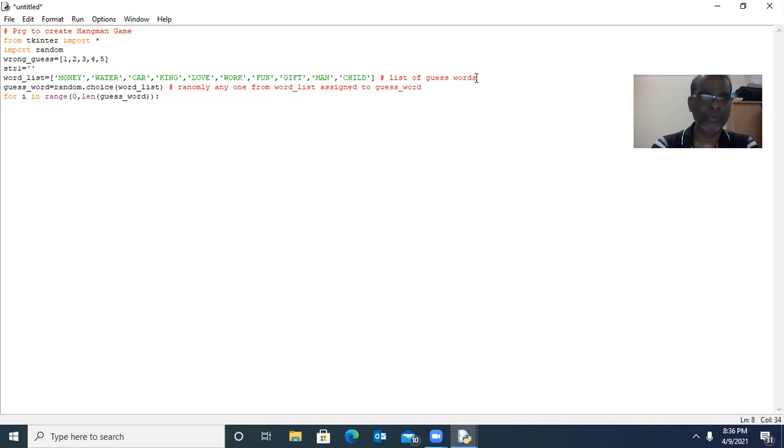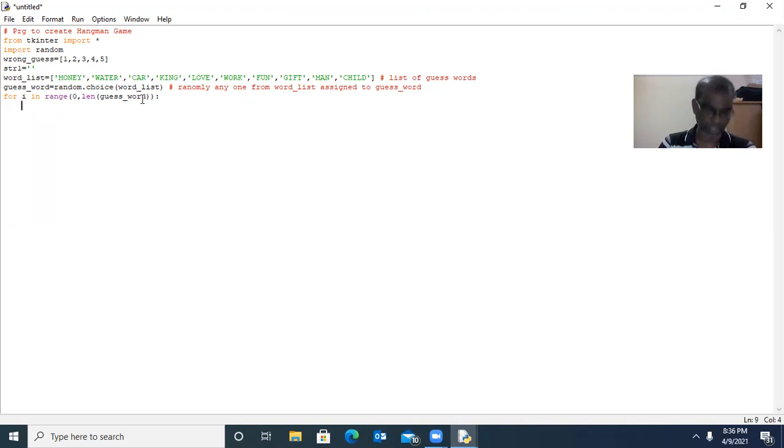Now you know very well len is a string method which returns the number of characters in the word. If money is assigned to guess_word, len of money returns 5. So this for loop will execute 5 times: 0, 1, 2, 3, 4.